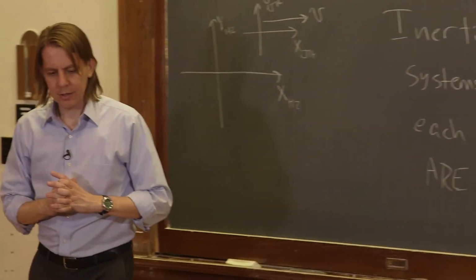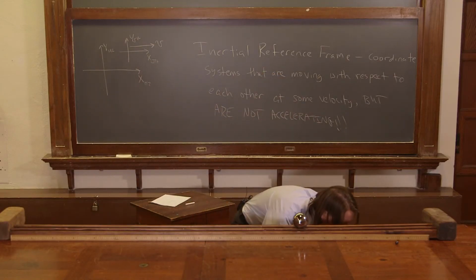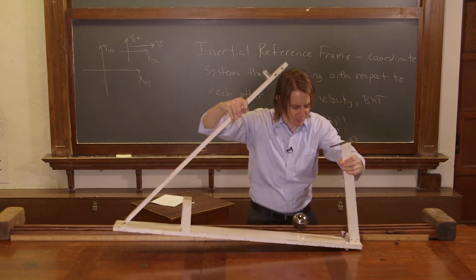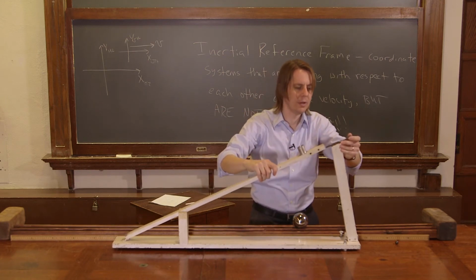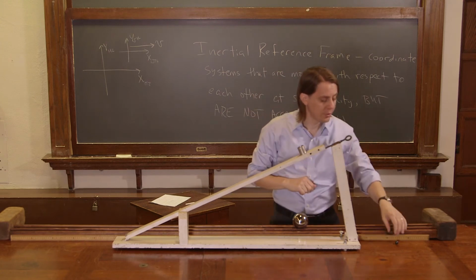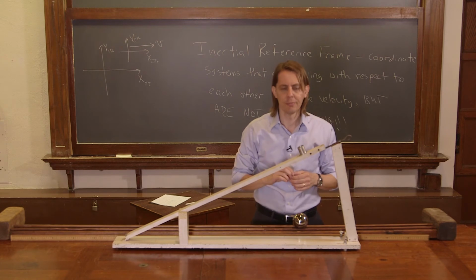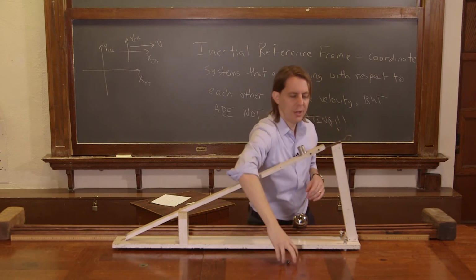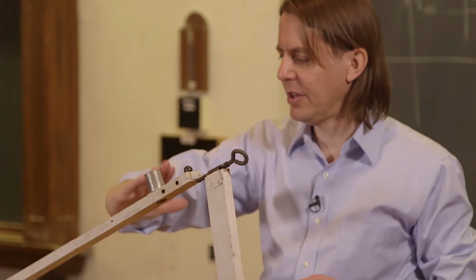Another thing that I can show you where the laws don't quite work, or where it might not be as simple as you think, is with this setup right here. So we talked about how when something falls near the surface of the Earth, it falls at 9.8 meters per second squared. Right? So here we have this little steel ball. It certainly falls at 9.8 meters per second squared. And we put it here, and it's on this hinged arm,